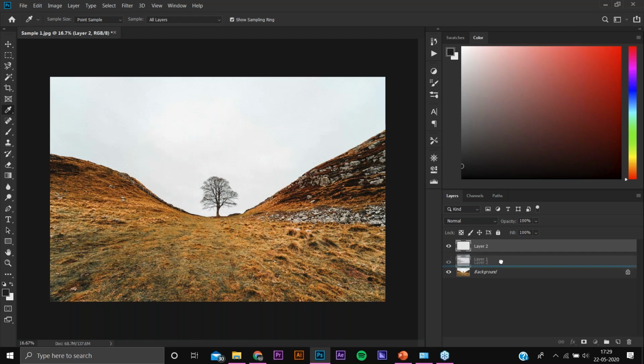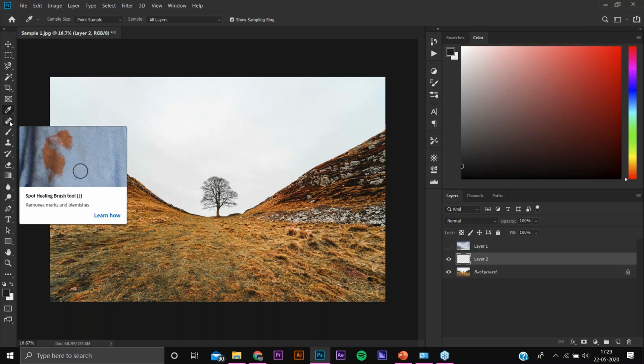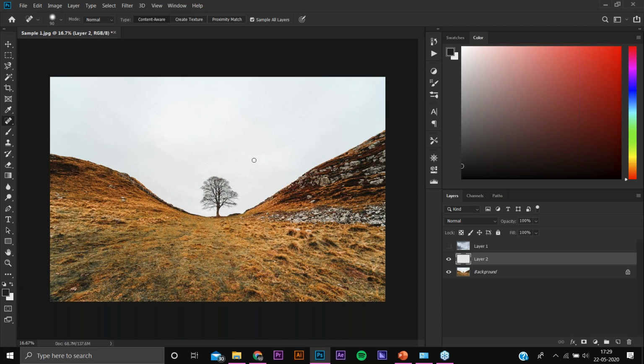And now we will be using a spot healing tool, which will be available in the tools option, or you can press J for selecting that tool. Now we use this tool because we have unwanted things, meaning things we don't want, that we sometimes need to remove.